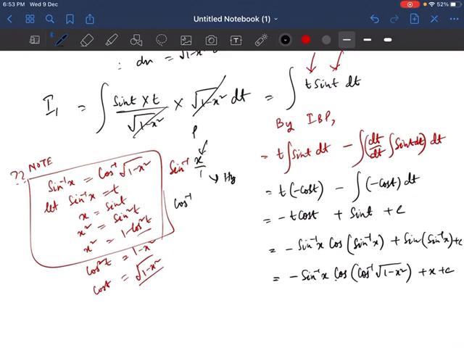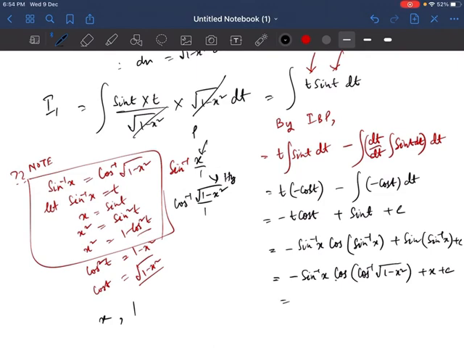For that, cos inverse is what? Cos is base by hypotenuse. So hypotenuse I already know, it is 1. So I need to find base. If my perpendicular is x and my hypotenuse is 1, how can I find base? That is square root of hypotenuse square minus perpendicular square. So that's a shortcut way to transform sine inverse x into cos inverse. Like this shortcut way you can transform any inverse trigonometric function to any other inverse trigonometric function.